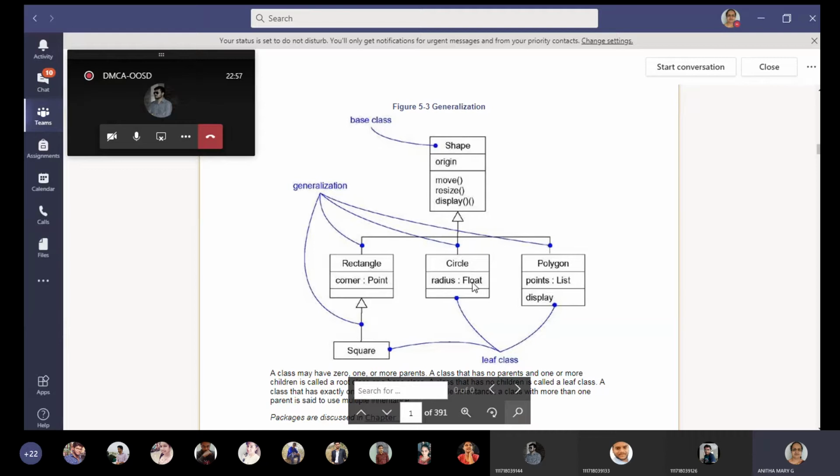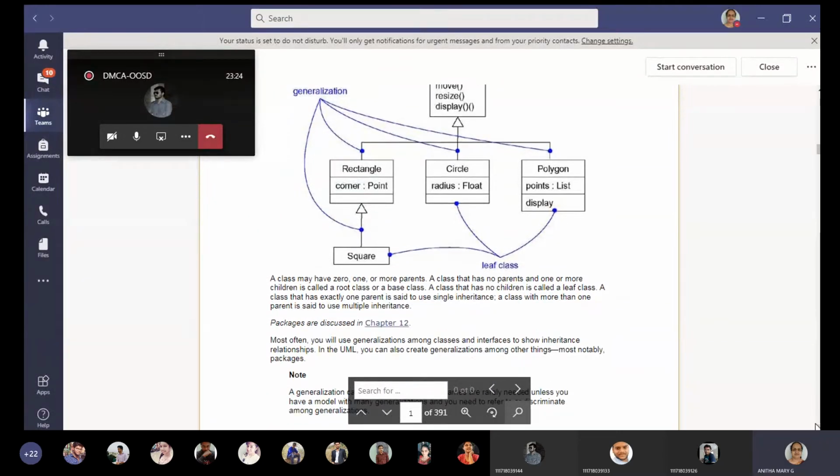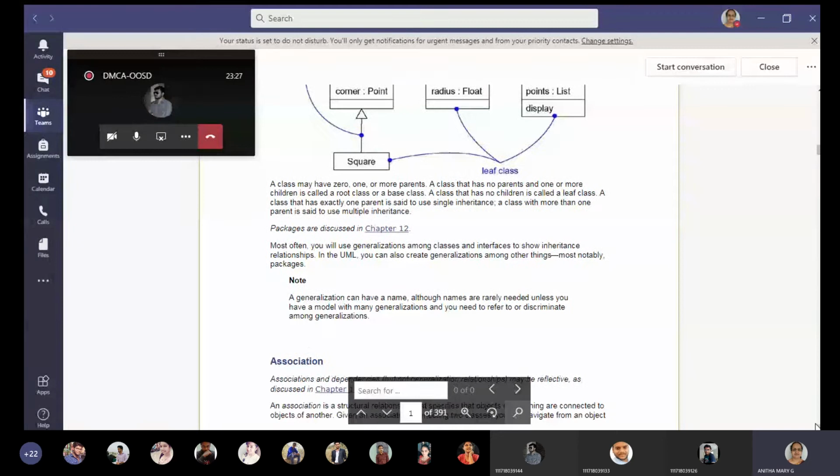The class which is at the last level, which is not again subdivided into other levels, those are called leaf classes. And the symbol we are giving is generalization. I hope this is very much clear, because you might have done the same thing in programming subjects also, maybe in C maximum, I think. When we learned, they were telling the same example there. So that's how we can talk about parent-child relationship.